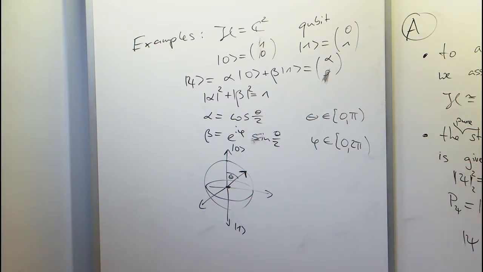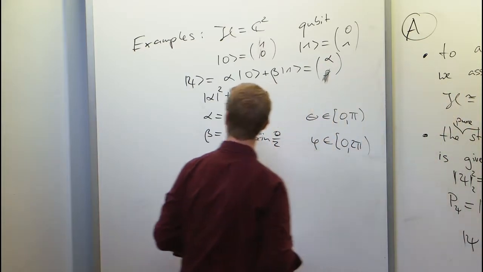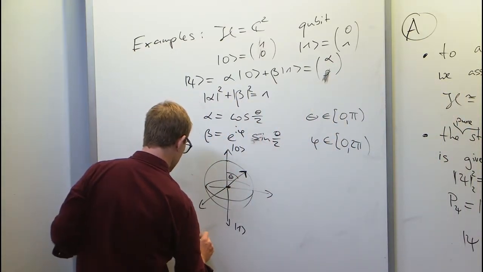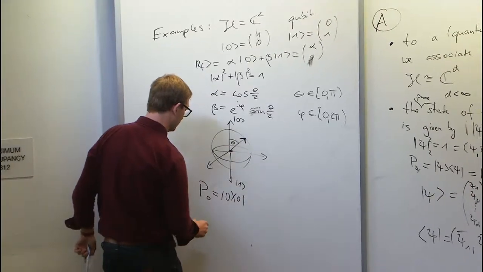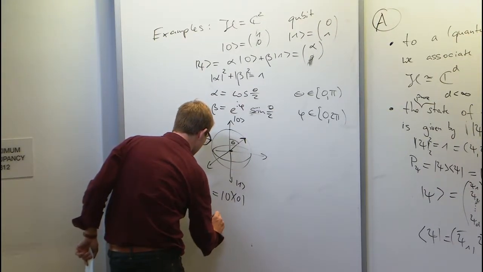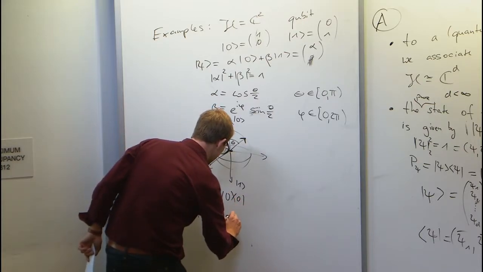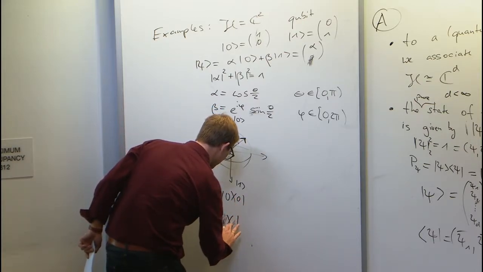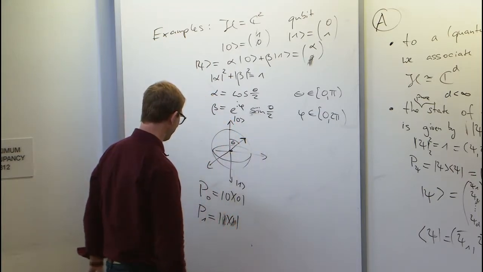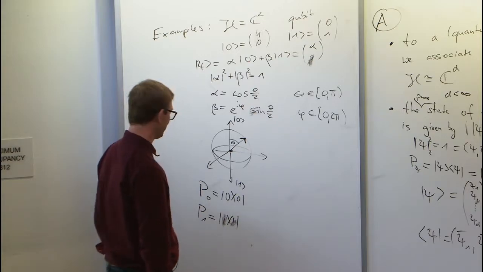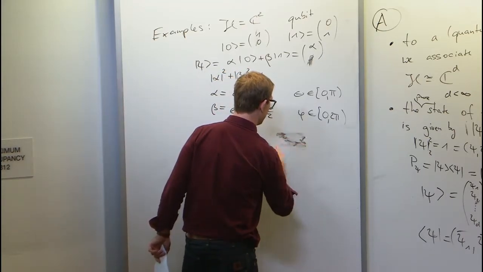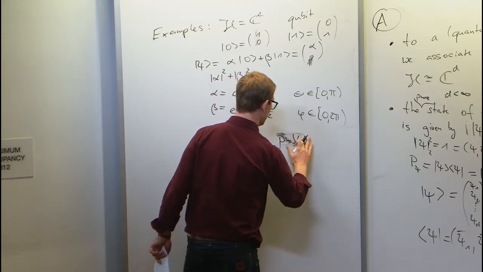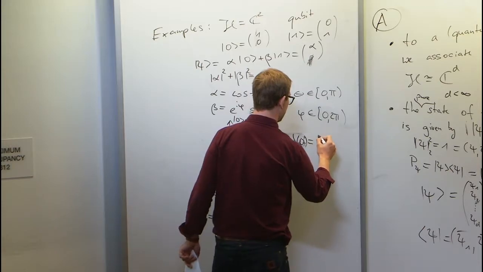Why do I call 0, 1 a classical bit? Well, I could do a measurement. Here's a measurement where I take P0 as the operator ket 0 bra 0, and P1 is the identity minus that, sorry for my European notation. So if you add the two, you get the identity. Right, so now you can compute the probabilities. If you compute the probability of obtaining 0,